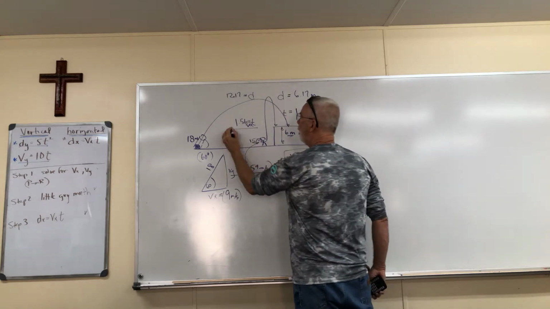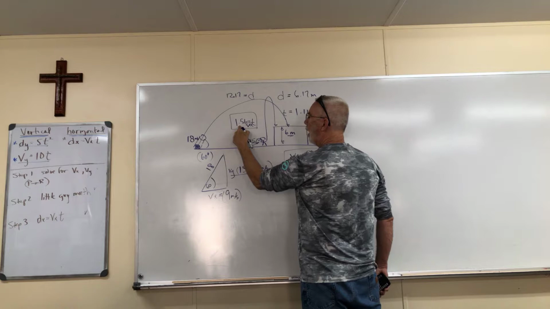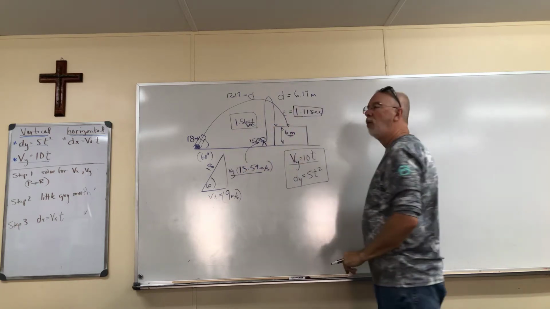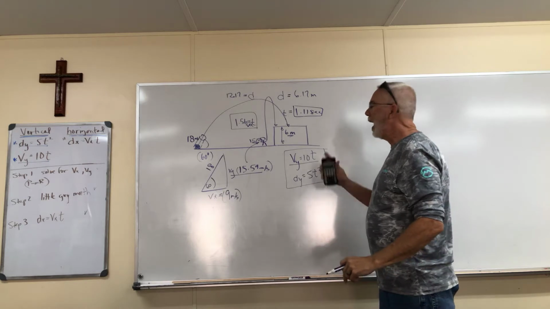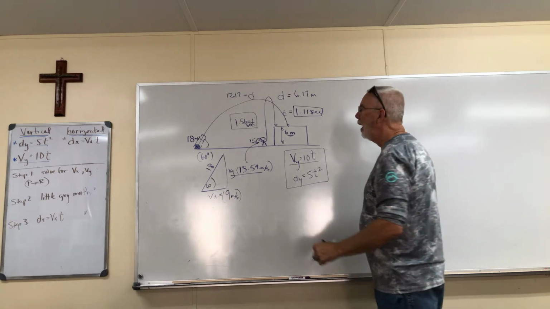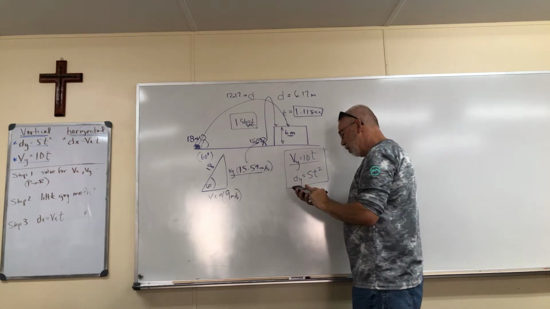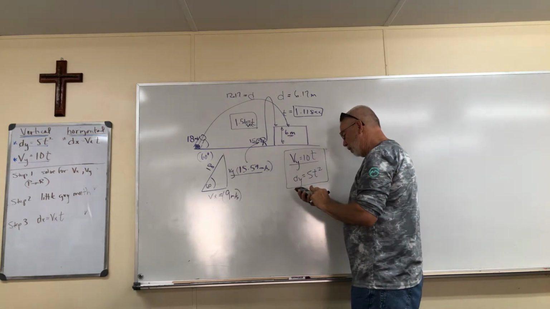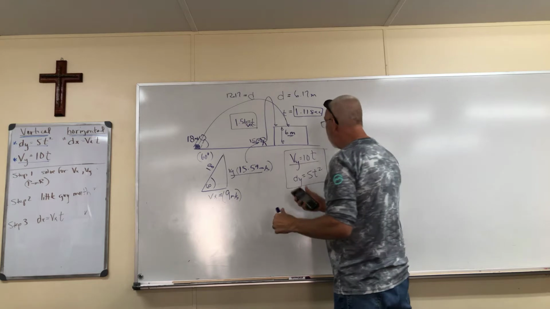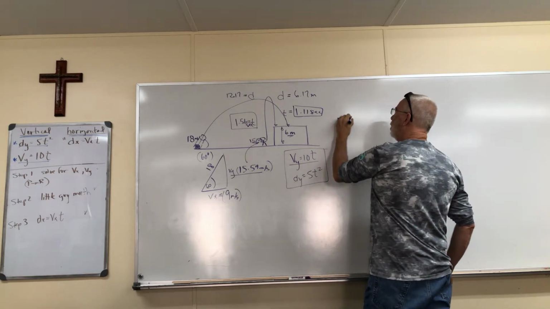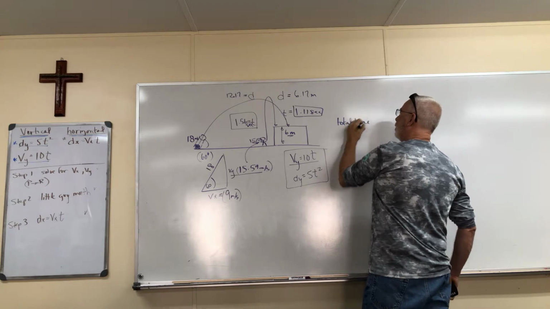So it went up for 1.56, but it's going to fall for 1.11. So if they ask you what was the total time in the air, you would add those two values together. So 1.11 plus 1.56 is 2.67. So the total time is